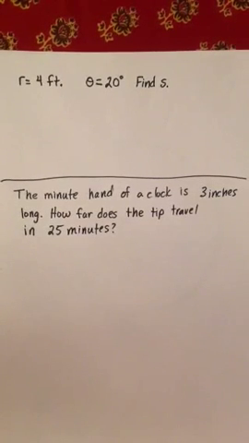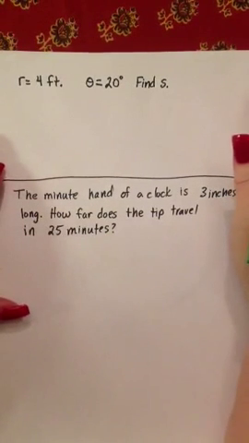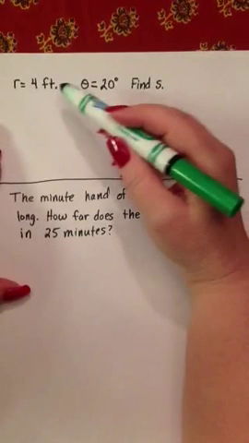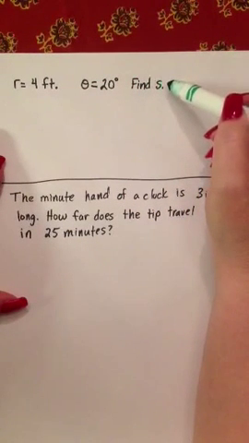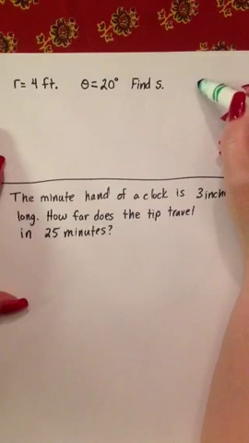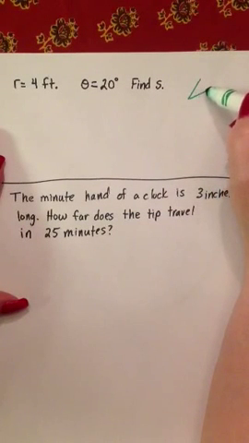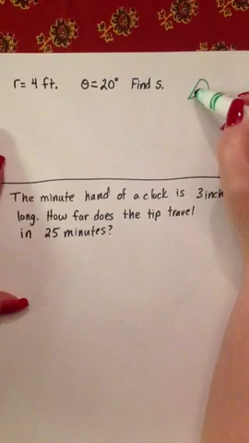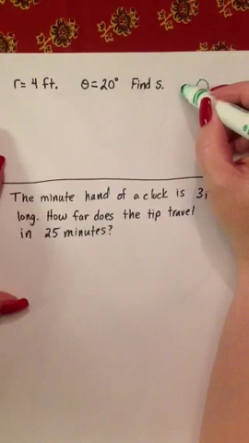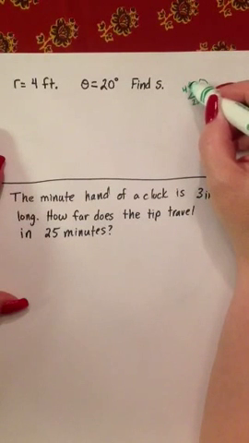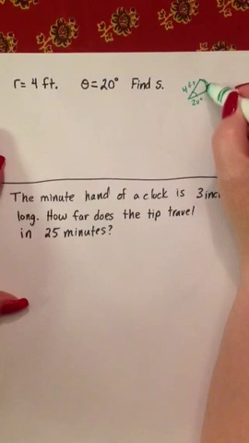We have some sector problems here. They told us that the radius of the sector is 4 feet, theta is 20 degrees, and they ask us to find the arc length. Okay, so I want you to think about what a sector looks like, because you're supposed to be able to reason through this, okay? So this part here is 20 degrees. They told me that the radius is 4 feet, and they asked me to find the arc length,